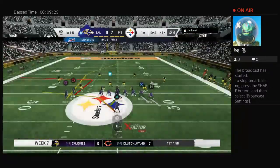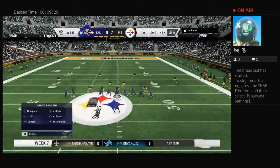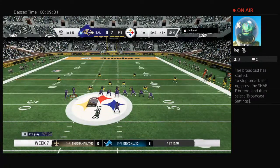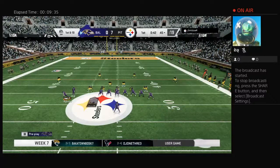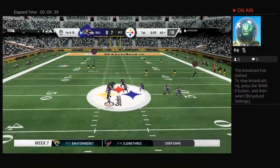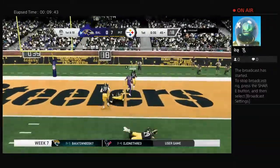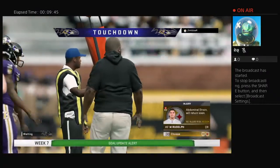Here we go. 18 Gator. Mike 54. Go. Hey, check 24. Check 24. Mike's 5-4. After the interception, here's Jackson. He's going to take a shot right away for the end zone. Nelson Aguilar,